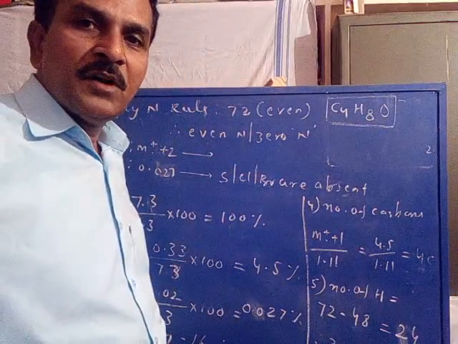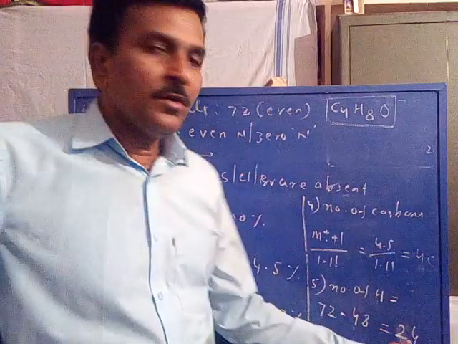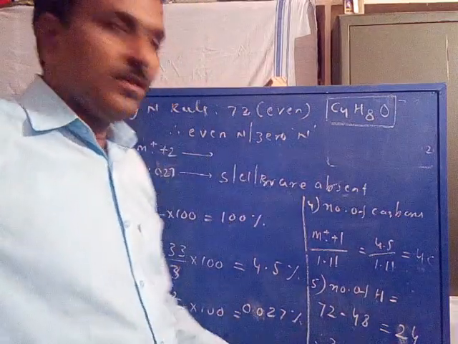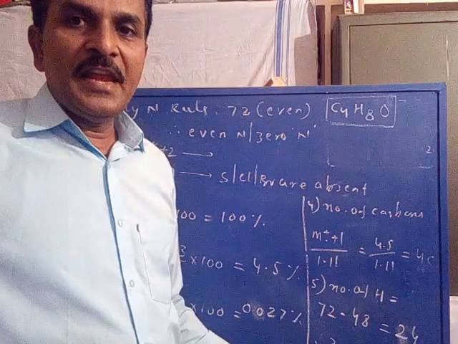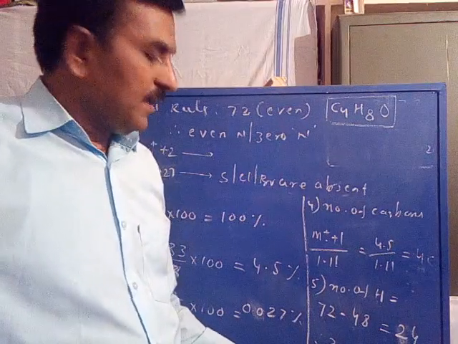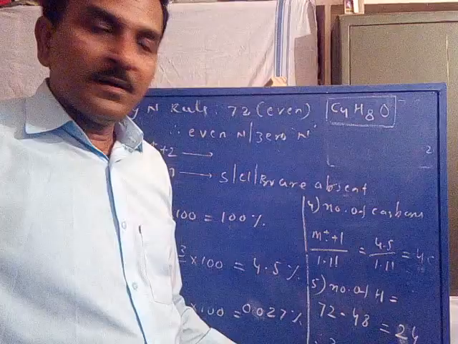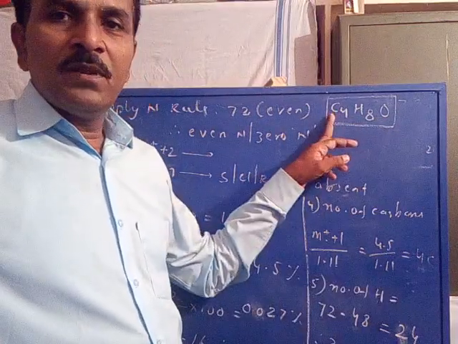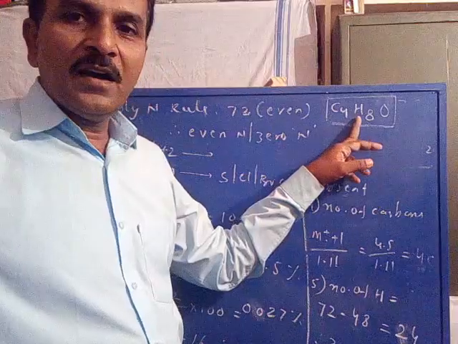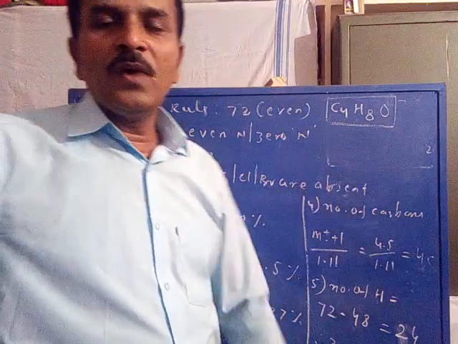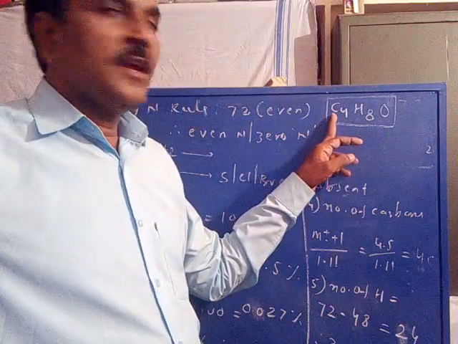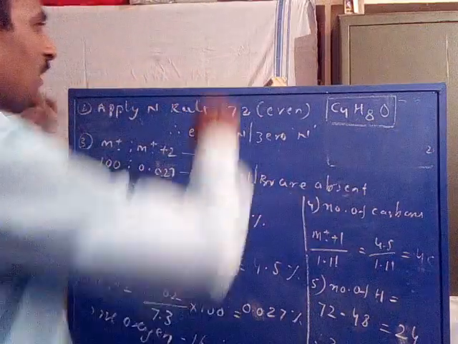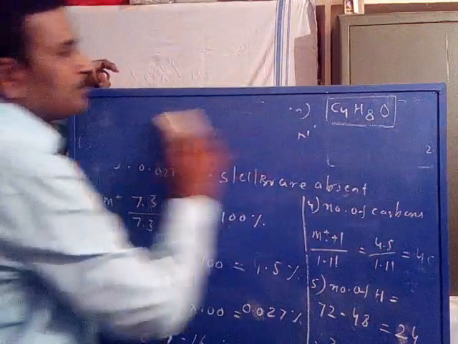One oxygen mass is 16. Therefore the 24 leftover mass minus the oxygen 16 leaves a mass of 8. That indicates 8 hydrogens may be present. Therefore the molecular formula becomes: we have predicted 4 carbons, 8 hydrogens, and 1 oxygen, so the molecular formula is C4H8O. This is the way to calculate the molecular formula.